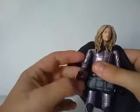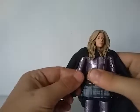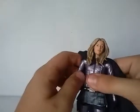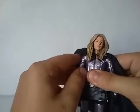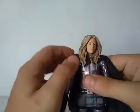These figures aren't really that great. I mean, some of the things break easily on them. Not on Hit Girl. Hit Girl was always perfect, the 2 Hit Girls were, but like on the armored Kick-Ass, something broke on part of his armor, but I'll get into that when I review him. But